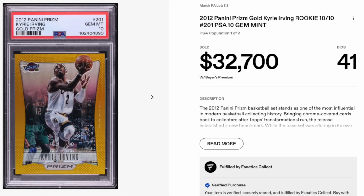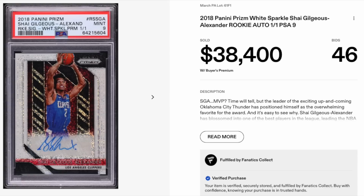This is the first year of Prizm, 2012, and the gold Prizms are serial numbered out of just 10. This PSA Gem Mint 10 copy is a pop 2, $32,700. 2018 Panini Prizm White Sparkle Prizm, Shai Gilgeous-Alexander, PSA Mint 9, another 101 card here,